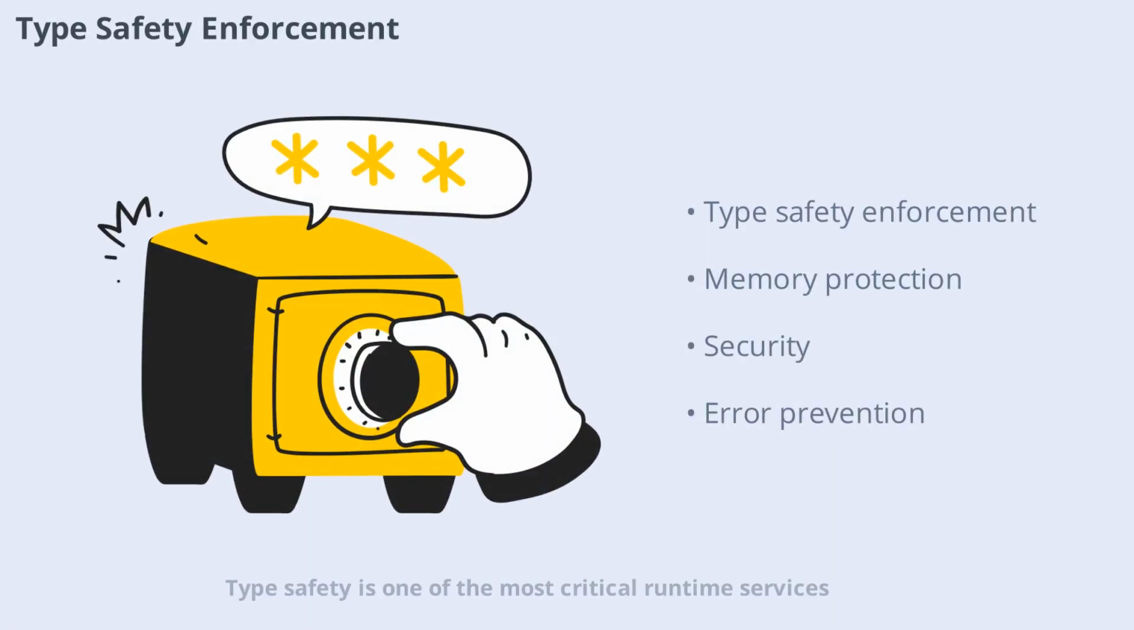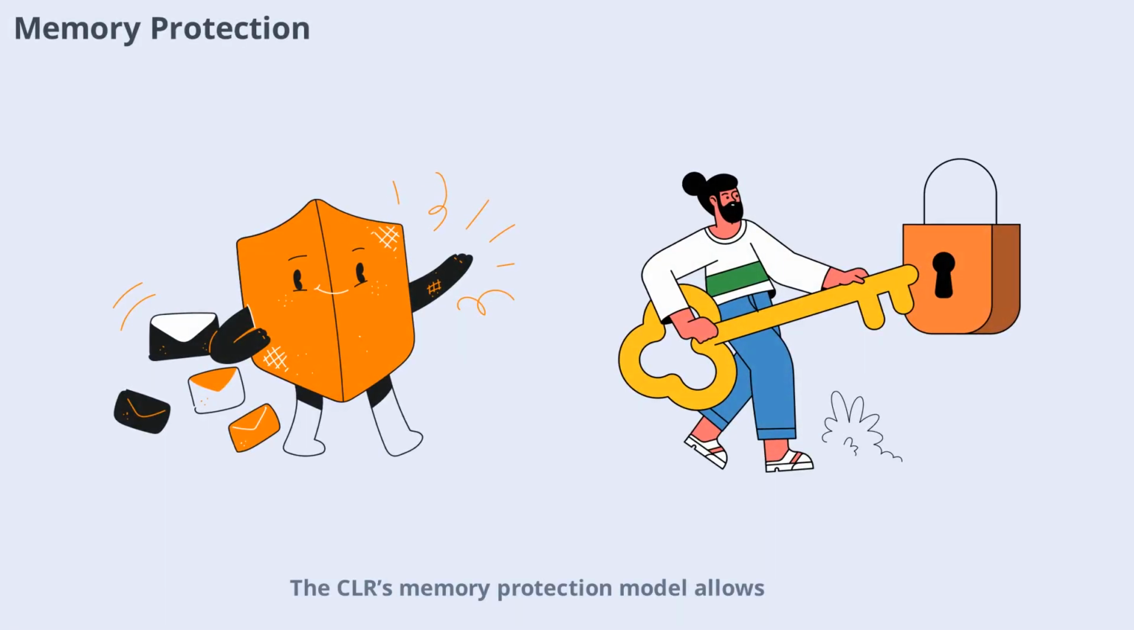Type safety is one of the most critical runtime services, though it's often invisible. The CLR ensures that code accesses memory only in valid, well-defined ways. This prevents illegal memory access, buffer overflows, and type confusion errors that commonly lead to security vulnerabilities in unmanaged environments. Before execution, IL is verified for strict rules around type usage and memory access, and these guarantees remain enforced at runtime. The CLR's memory protection model allows .NET applications to run with greater confidence, especially in large codebases where manual verification